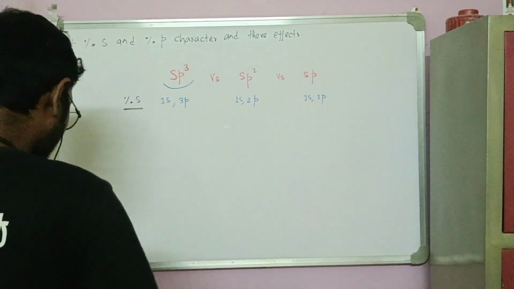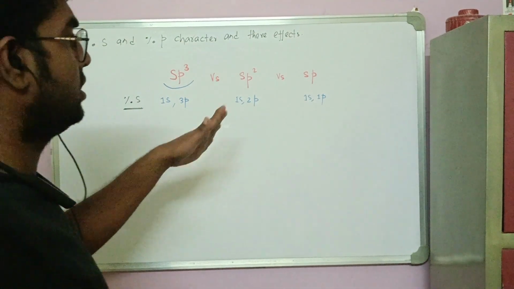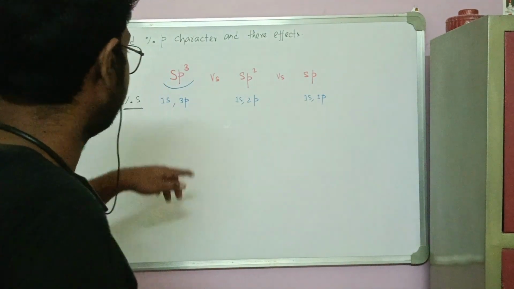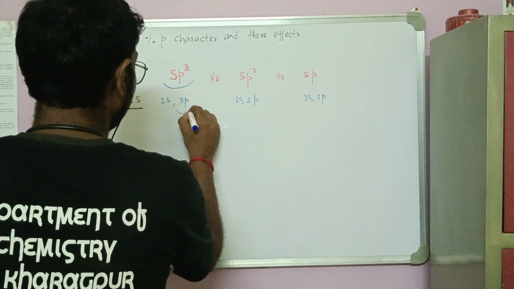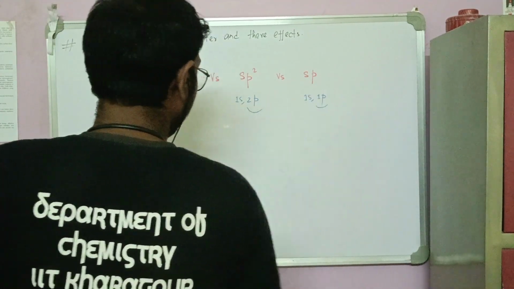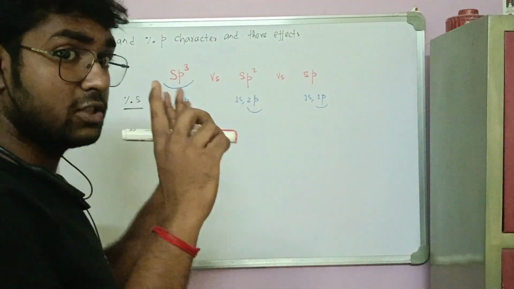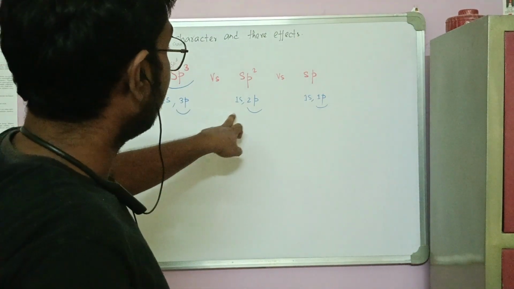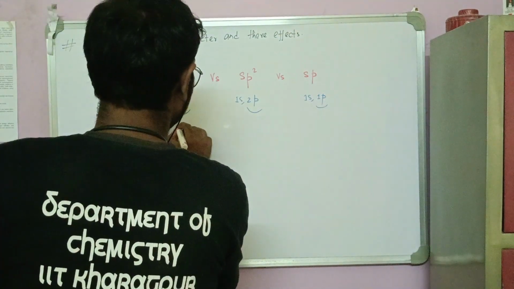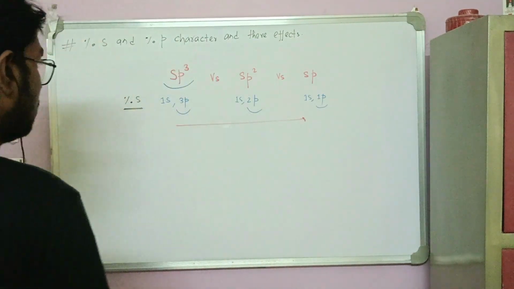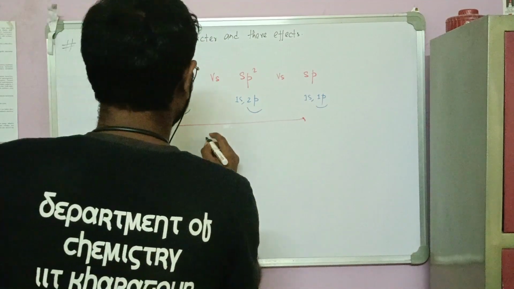So if we talk about the percentage of s character from sp3 to sp2 to sp, we can see here 3p, here 2p, 1p, but s is constant. Still, if we talk about the percentage of s, then the p character is getting decreased. So from sp3 to 2 to 1, the percentage of p